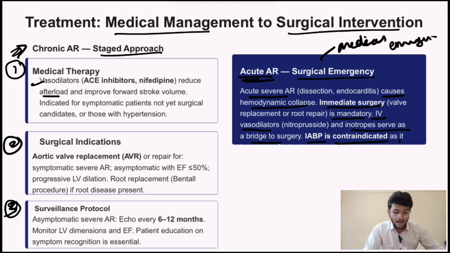Next, the conclusion part of today's video on aortic regurgitation: early detection is a must. Timely intervention, that is surgery before ejection fraction falls. Acute aortic regurgitation is a medical emergency, so it needs surgical intervention. Chronic aortic regurgitation we should manage with a staged approach, and key mnemonics wherein the water hammer pulse